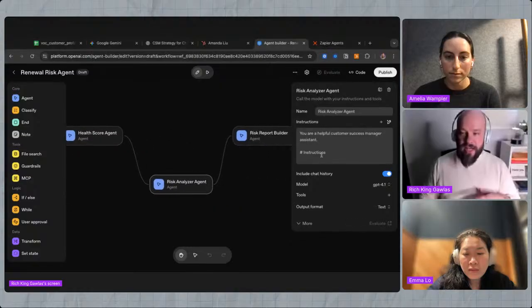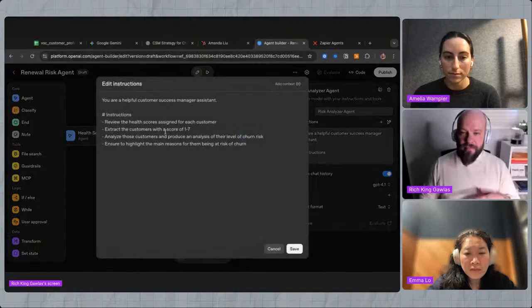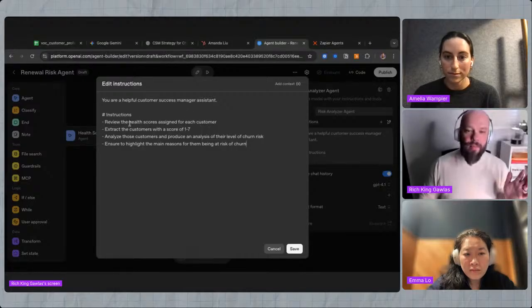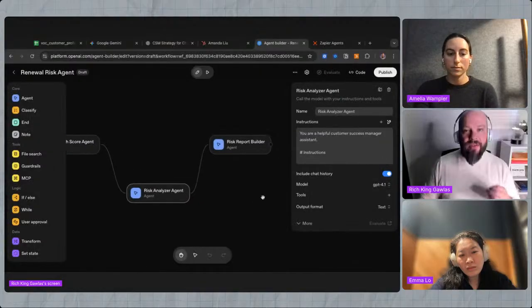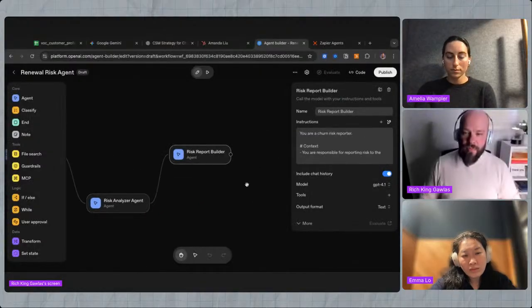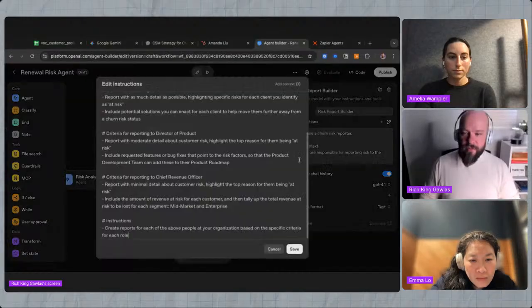Then it's going to go into the risk analyzer. So from here, I've got: helpful customer success manager assistant. Review the health scores, extract customers with a score of 1 to 7, analyze those customers and produce an analysis of their level of churn risk. So it's starting to think a bit more here, and then ensure to highlight the main reasons for why they might churn. And then lastly, we've got the risk report builder. So from here,